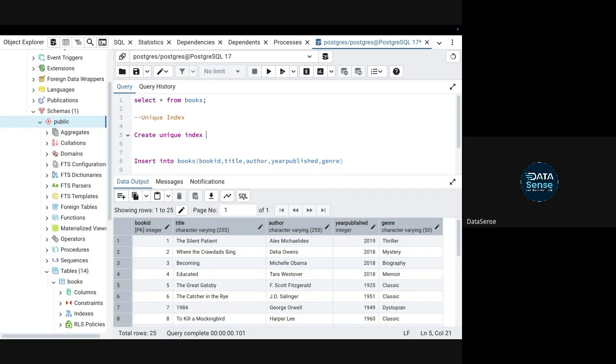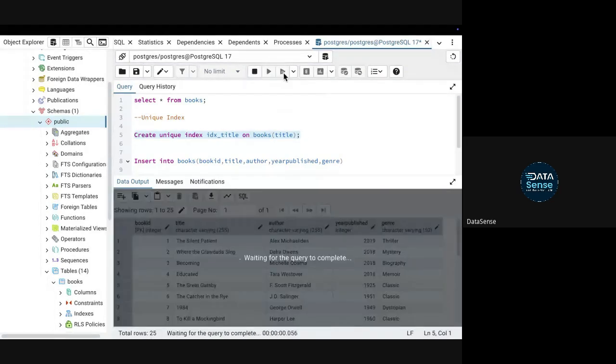Now I will name it, let's say, idx_author. You can name it anything, it's up to you. On. And now I want to create an index on this title. So not author, I'll say title, on books and the name is title. Now what will happen is that it will create a unique index on this. Now whenever you try to enter a new row with a duplicate title which is already present, it will not let you enter. Okay. So let's see.